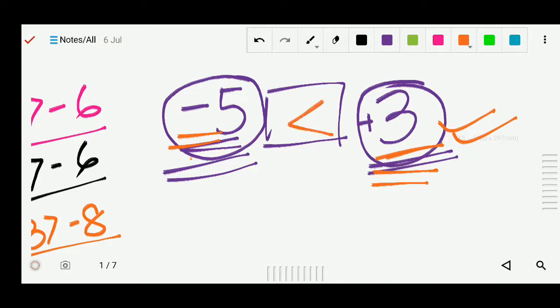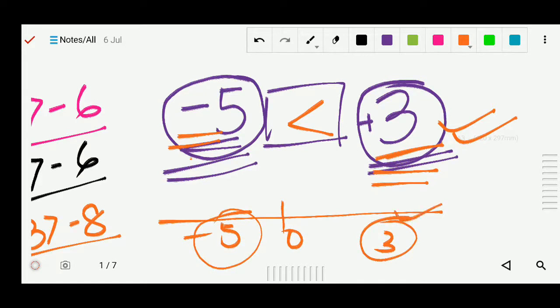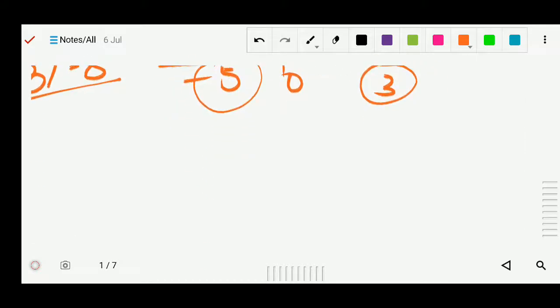तो ऐसे आप साइन लगा सकते हो. अब नंबर लाइन पे भी लगा सकते हो. नंबर लाइन में आप चेक करोगे -5 इधर आएगा और 3 इधर में कहीं पे आएगा. तो ऑफकोर्स 3 राइट साइड आएगा. So of course 3 will be the greater number. Same, you can compare like this too. One more example, let's do the next one more example also.